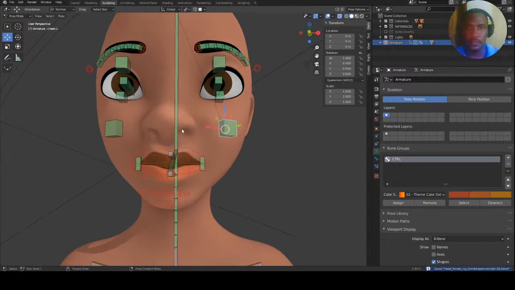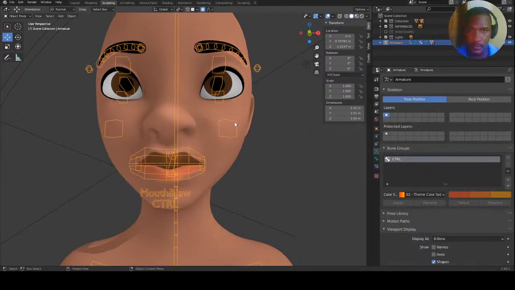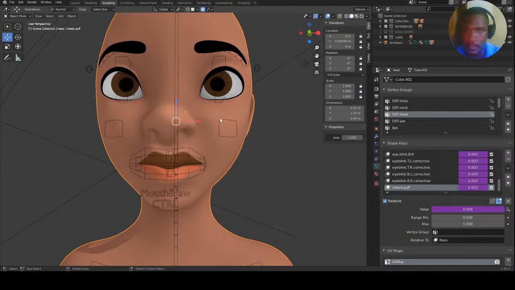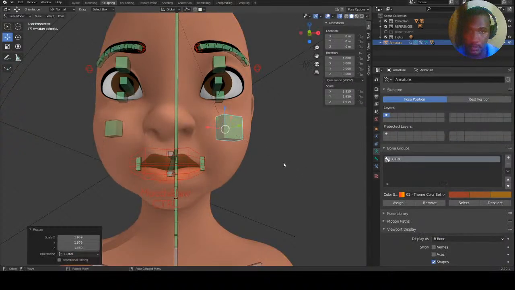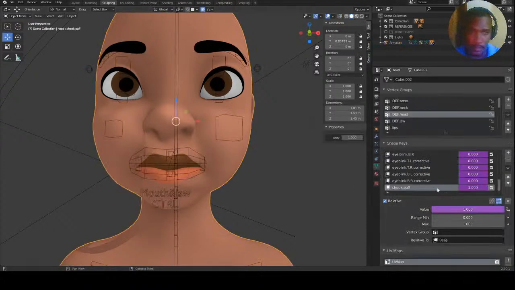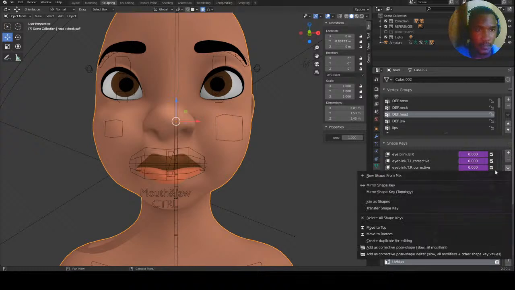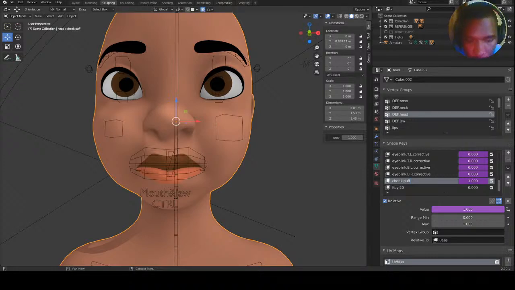So I need to make sure it works on one side and on the other side. So what I'm going to do is the same cheek puff. What I'll do first of all is I'm going to carry it to its highest point, scale that so that it's at least 1. Back to object mode, that's 1. That should be the only thing going. So I'm going to add a new shape from the mix. I'm just going to call this one .L,